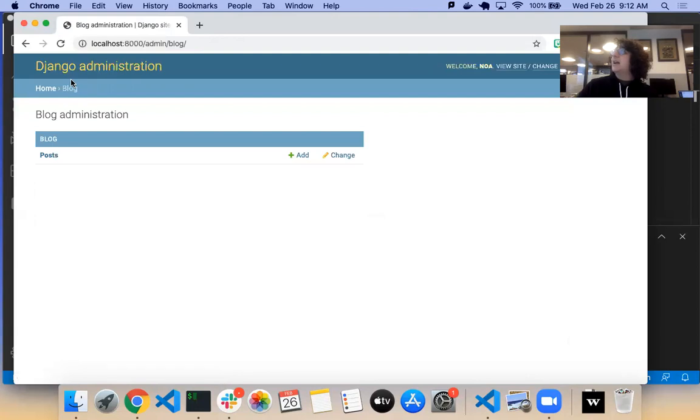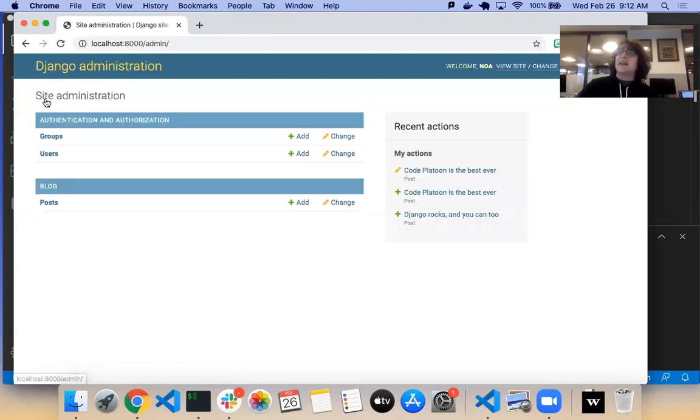For example, I don't think I could add an entirely new model from this. So the admin's purpose is essentially for curating the database, along with groups and users, which is something we'll get into another day.